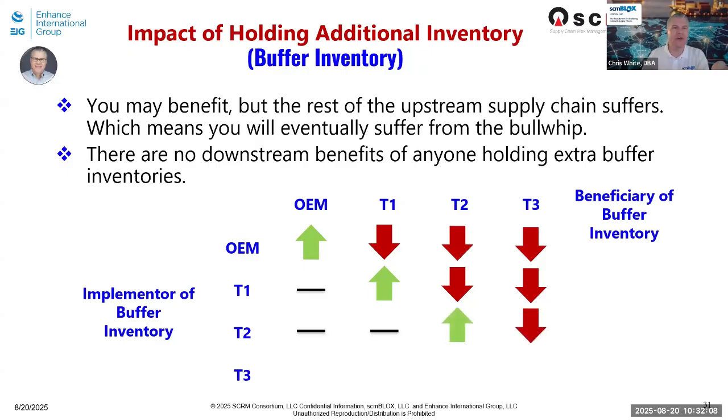So now when the tier two does it, nothing happens to the OEM and the tier one. The tier two gets better. The tier three does not. And now when the tier three does it, you see no one downstream gets better. The tier three is fine, but in this case, the tier three is the end of the supply chain. So this is an actual relationship. This is physics now that we can look at that says when you implement buffer inventory, all things staying equal,